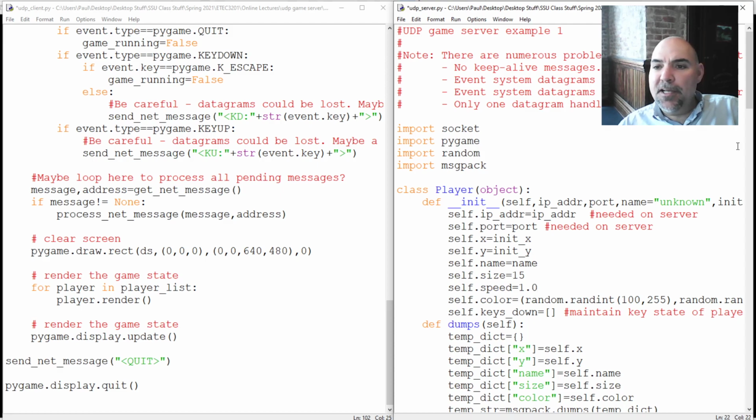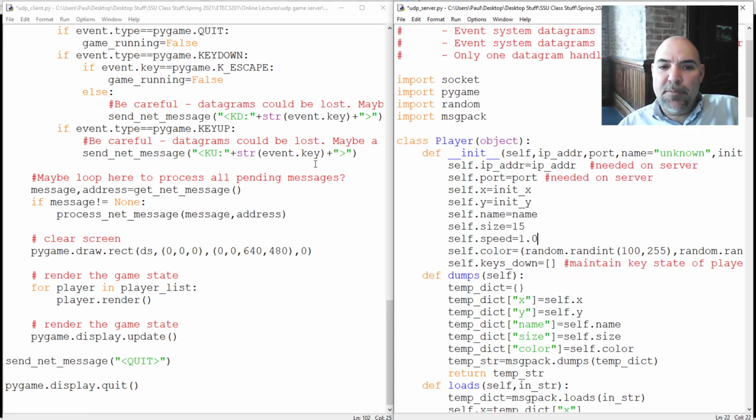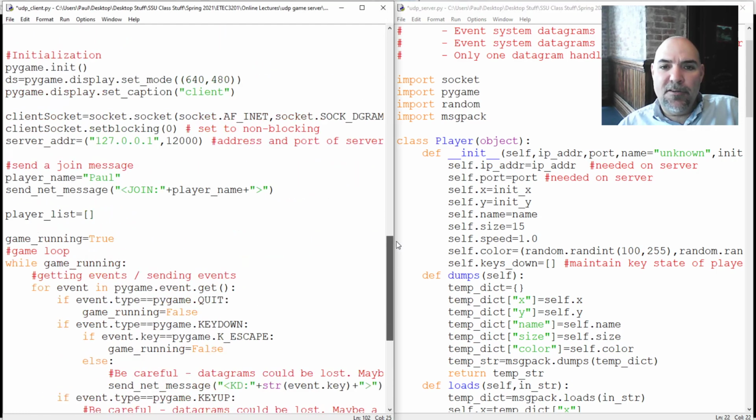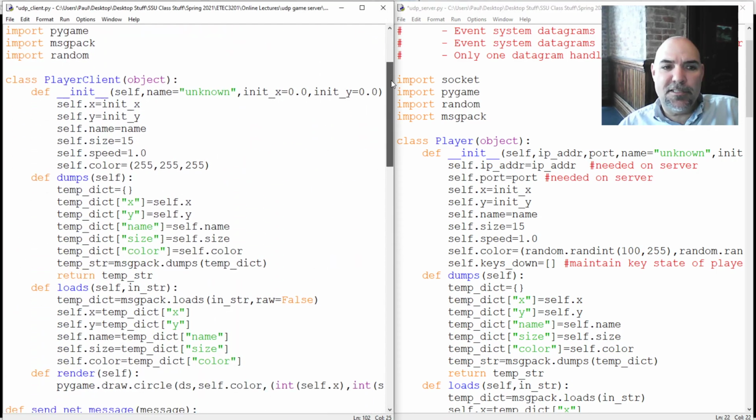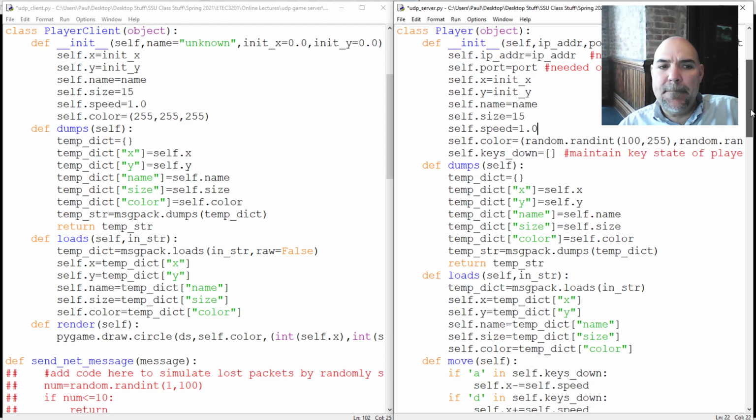Now on the server side, it's kind of the same thing. I have the same kind of player object that I had over on this side. Actually, let's synchronize those and look at the two. Here, rather than calling it player client, I'm calling it player, so it's distinctly different. But notice I've added some things. I need to know what IP address that player connected from, what port